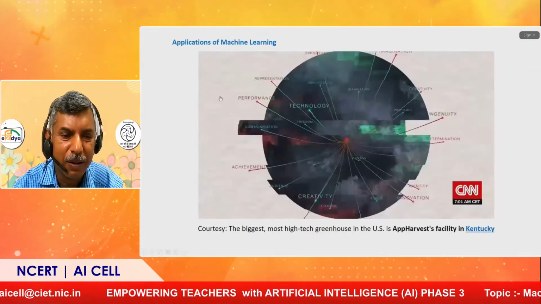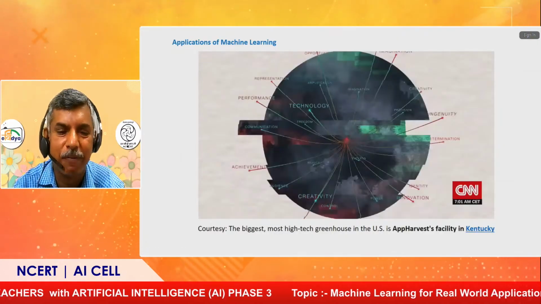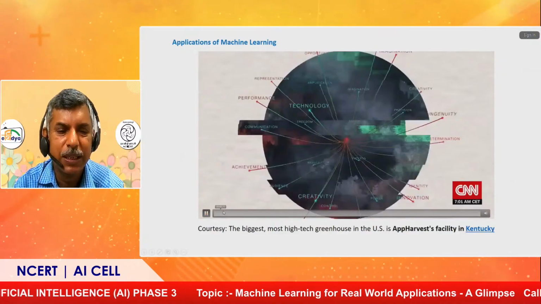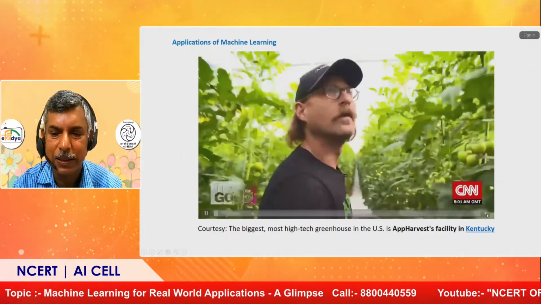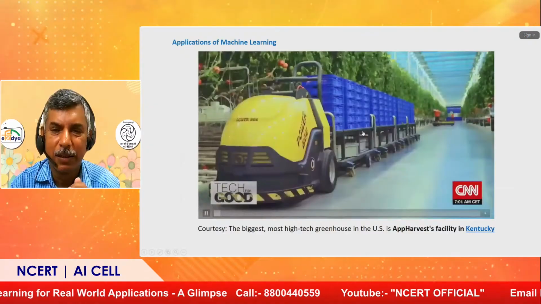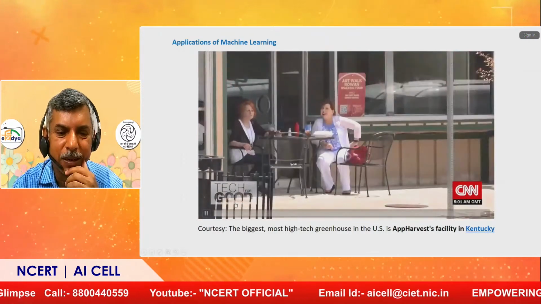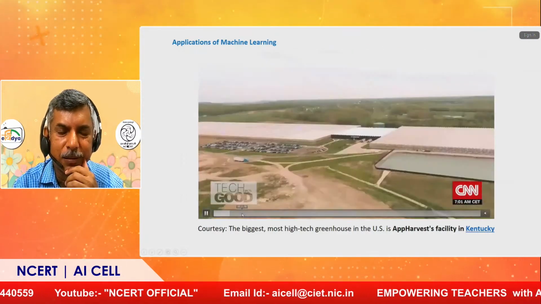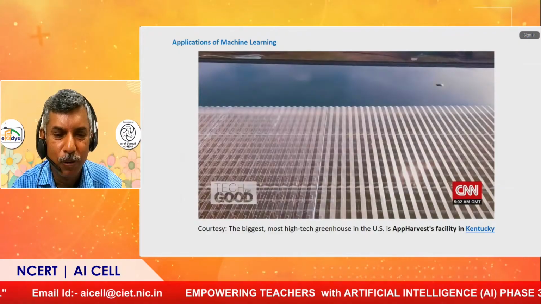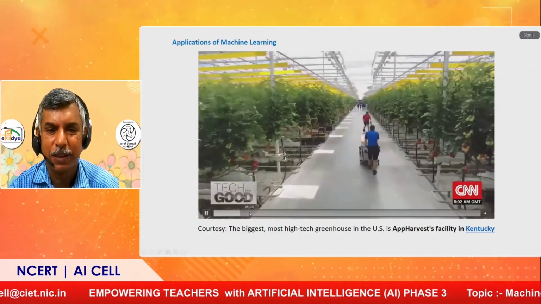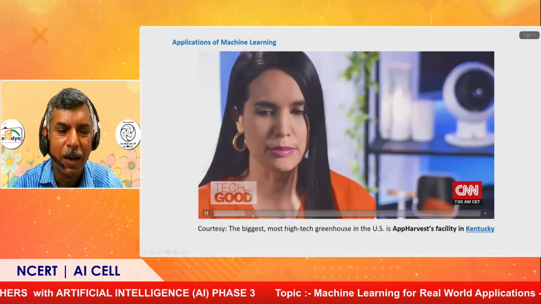Another example that I would like to show is an agricultural one. This is also from an apple harvest facility available in the US. If you see the apple harvest facility in the US, you will be able to see that it is a big industry, fully automated, with all automation facilities, and on several acres of land. This is the apple harvest available in America. If you go inside it, you can see everything is automated. So the tree watering is based on machine learning techniques. They will automate it, and